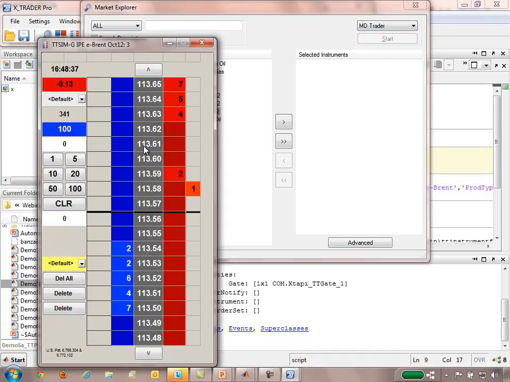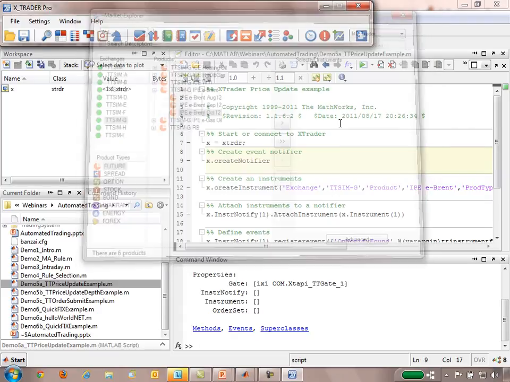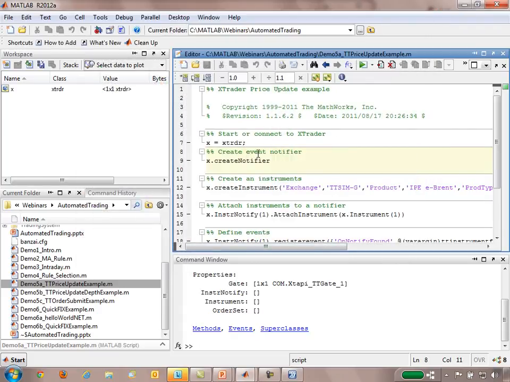So what we have here is a market depth chart, and what we're showing is the prices, the bid and the ask quote size, and then the last trade. What we want to actually do is pull the current price and attach an event for any time there's a trade. So let me go ahead and close this for now and create the ability to trade directly